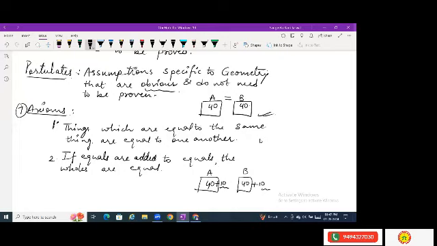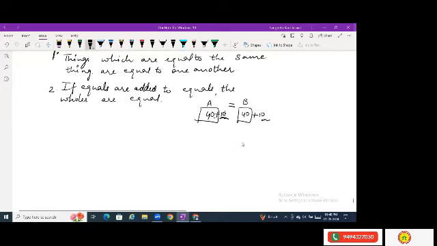If I add an equal amount to one thing and an equal amount to another thing, they will again become equal only, no? That means again A and B will be equal only. Yes, are you understanding? Please unmute and say something. Otherwise, I'll explain the same thing again if you've not understood. If you don't want to say, then please show thumbs up. Do something, so that I get to know you are understanding. If I'm asking something, please do that.